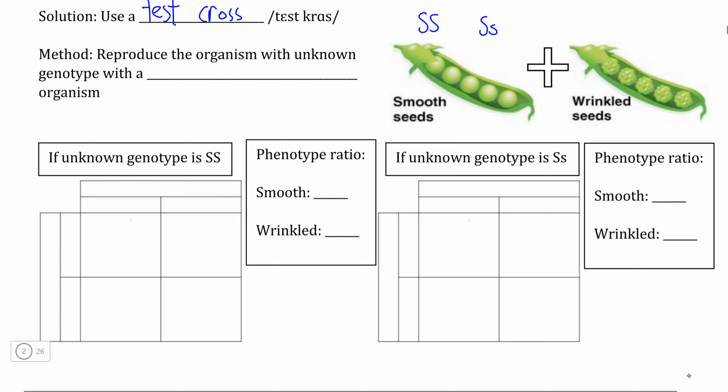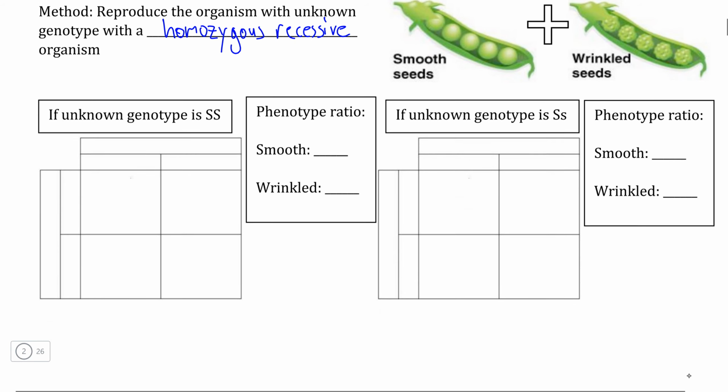So what he would do in order to test this is he would take a smooth-seeded pea plant, regardless of whether he knew the genotype, and make it reproduce with a homozygous recessive organism. In other words, a pea plant that had only wrinkled seeds,